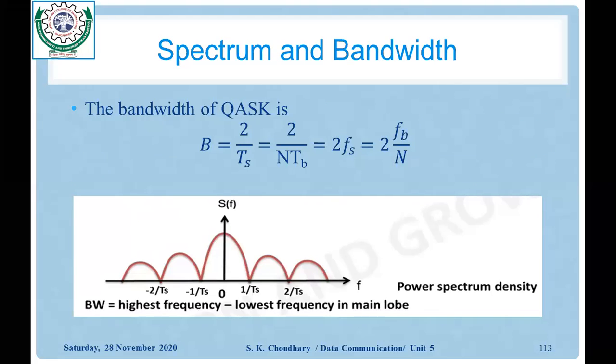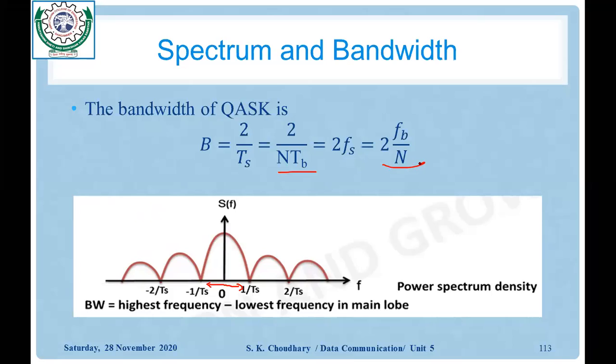The last one on this particular topic is the spectrum and bandwidth. This spectrum is very similar to the spectrum of the QPSK. You can see the signal is uniformly distributed around the y-axis, having the time period 1 upon Ts and minus 1 upon Ts. So you can calculate the bandwidth as the difference of these two, that is 2 upon Ts, that is 2fs, and here Ts is n times Tb. Okay, so in this way bandwidth is nothing but 2 into fb upon n,